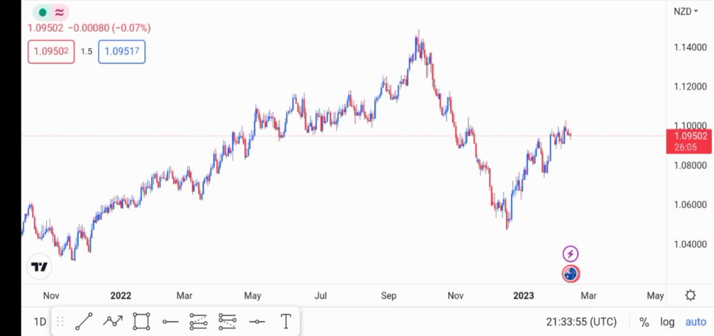Welcome to Forex Levels. Today we'll be analyzing AUD, NZD, and